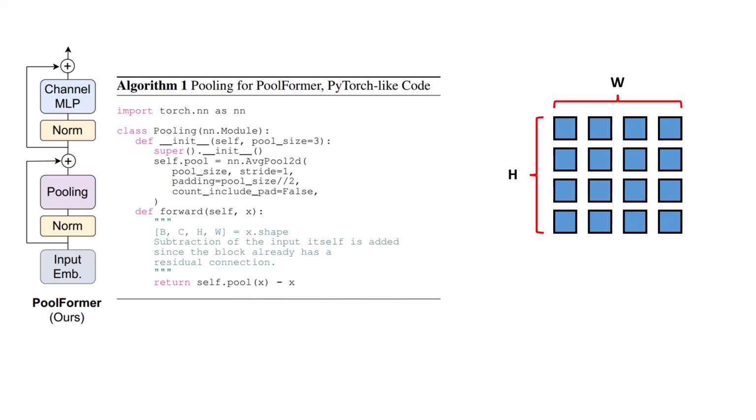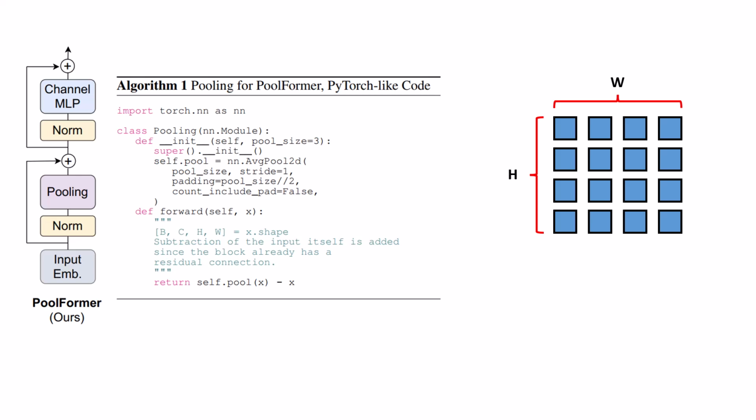And then we can do 2D average pooling, the same thing that we can perform on images. And the good thing about it is that it does the operation on each channel separately. So it doesn't mix the information among channels and only among tokens. So we can consider it as a token mixer. And what is self.pool? Self.pool is nn.AvgPool2d, which has a pool size of 3 always, a stride of 1, and a padding of pool size divided by 2. And pool size divided by 2 ensures that we have the same number of tokens as before.